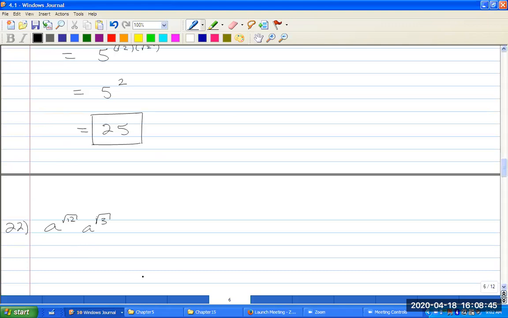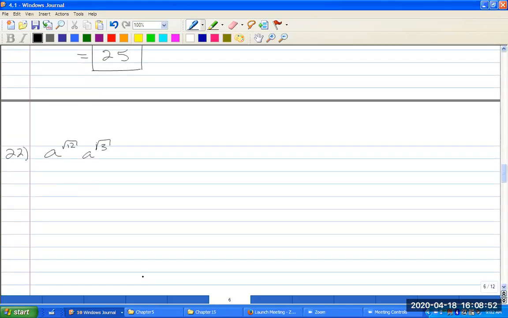Problem number 22. A to the rad 12 times A to the rad 3. Well, if you have the same base, then you add exponents. So I'll add rad 12 plus rad 3. Well, the way I've written it, I can't simplify it yet, but I can